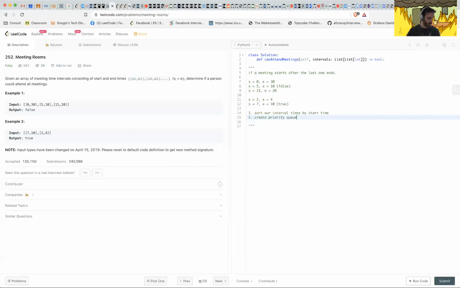which is basically a list with an added functionality of a priority. You can draw a priority queue using a heap, and it's basically a tree that has, in this case, the minimum priority on top. So a priority queue based on the end time, because then we're always going to have the smallest end time at the top, right? And then we're going to compare